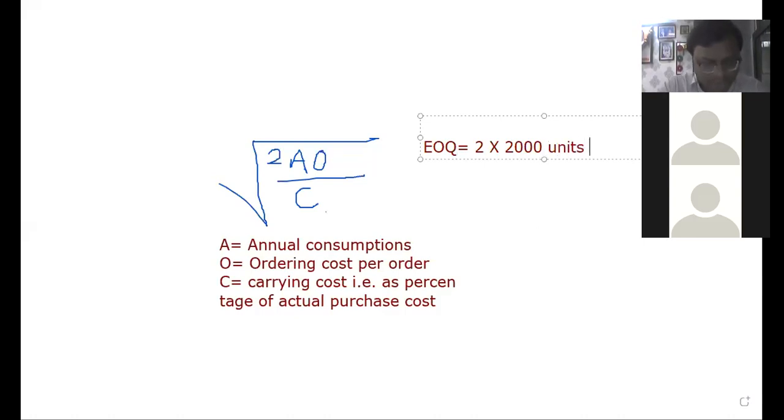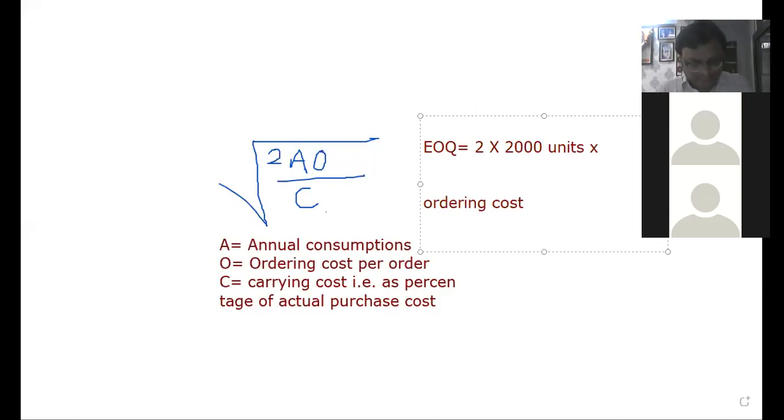Okay, what is the ordering cost? The ordering cost is equal to, what is the ordering cost covering all? What all comes in the ordering cost, student? Let us keep it here. What will come in the ordering cost, student?